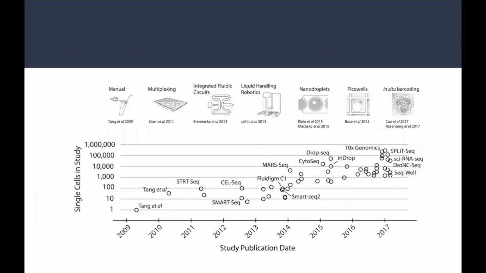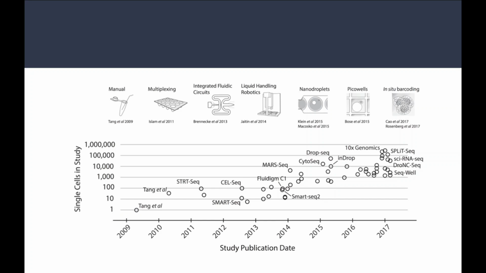Now, there are a lot of technologies because every year many people are working in this domain and trying to implement new tools and new technology. Every year you will get to know that a new company has discovered a new technology to study single cell data, or spatial data. This is how the evolution happened. Initially people were using Smart-seq, then CEL-seq, Fluidigm, then MARS-seq, CytoSeq, then 10x Genomics, which is popular. These are the many platforms used to generate single cell data.